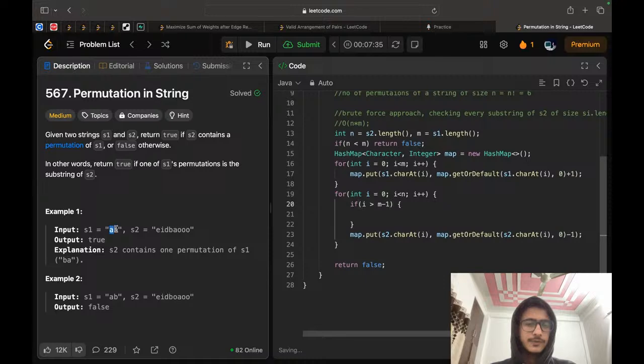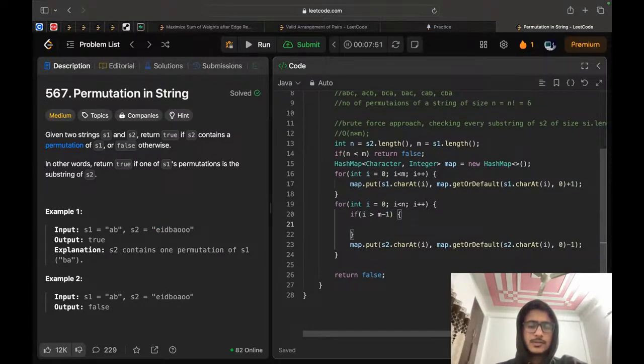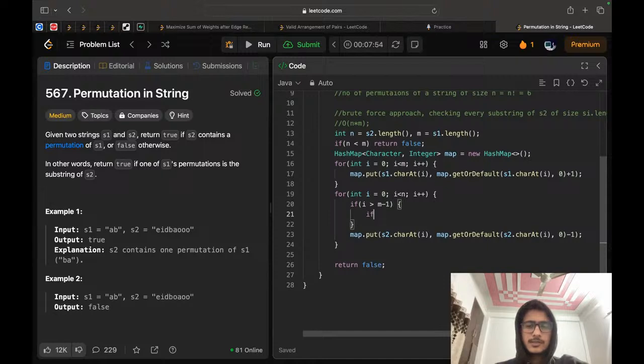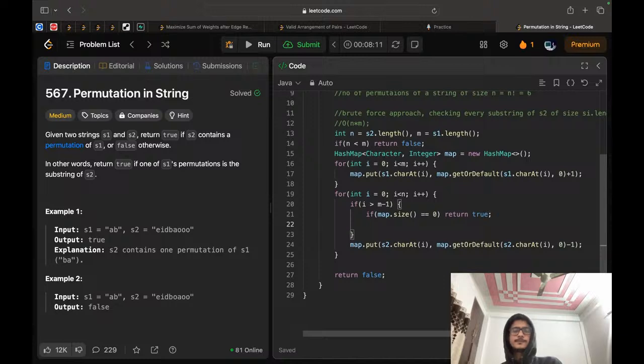Okay, till here I have added all the elements. I have added all the elements, and I will check if my map dot size is 0. Then I return true. Otherwise,